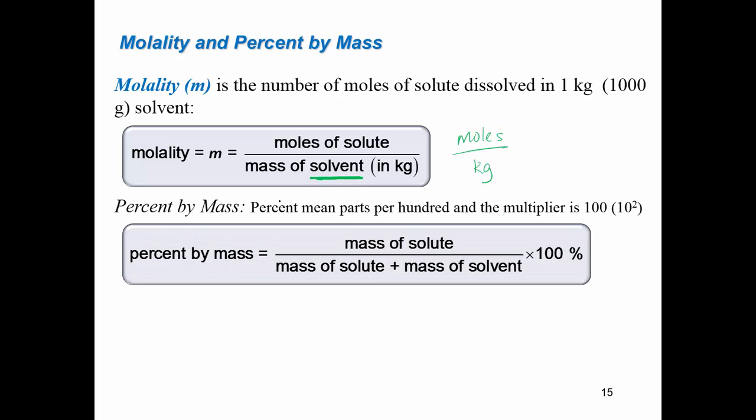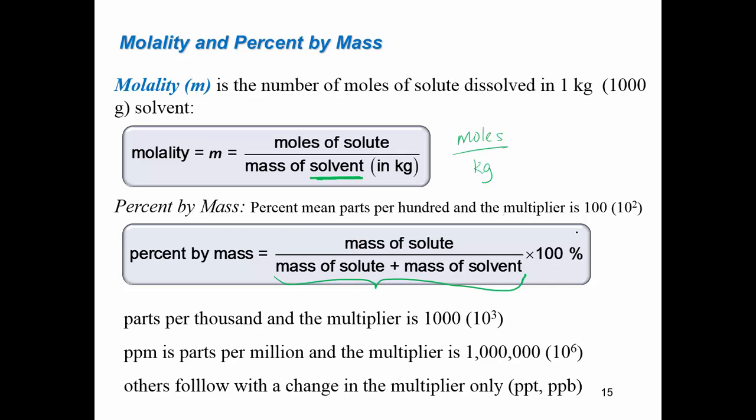So percent mass is another way we can talk about concentration. And percent mass means parts per hundred. So we're looking at the mass of the solute again, divided by the total mass of the solution, which is found by the mass of the solute plus the mass of the solvent. So we have these two masses in their mass ratio, and then we're going to multiply by 100. Now, if you're going to do parts per thousand, which is commonly abbreviated ppt, or parts per million, which is ppm, or parts per billion, which is ppb,